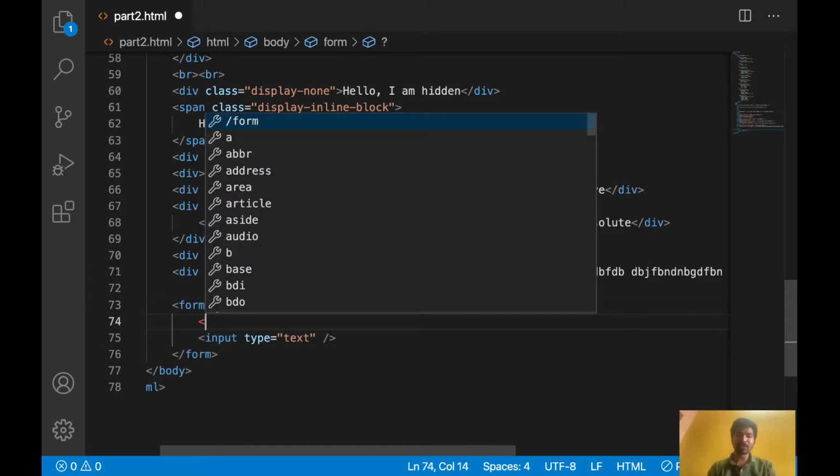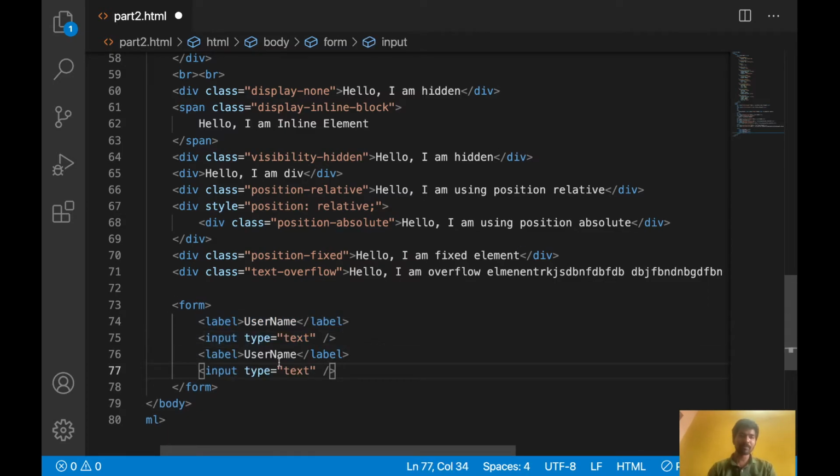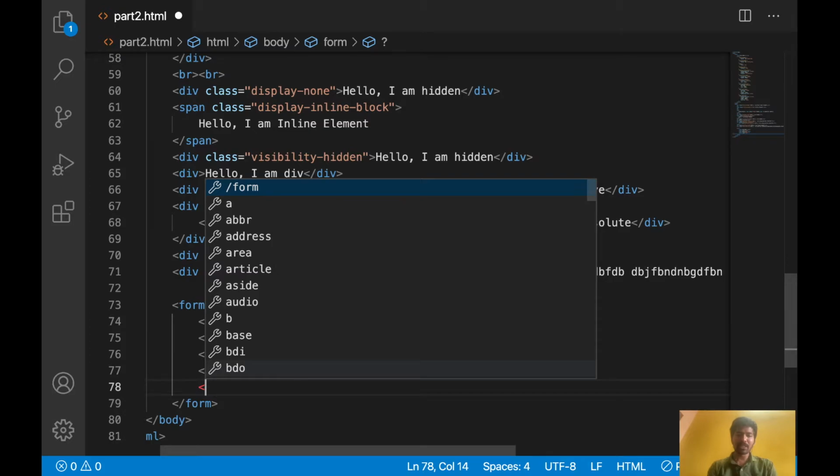Let's use a label also, username. Similarly, let's use password also. And let's use some buttons now.